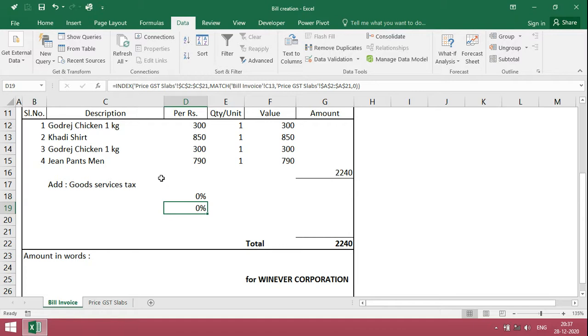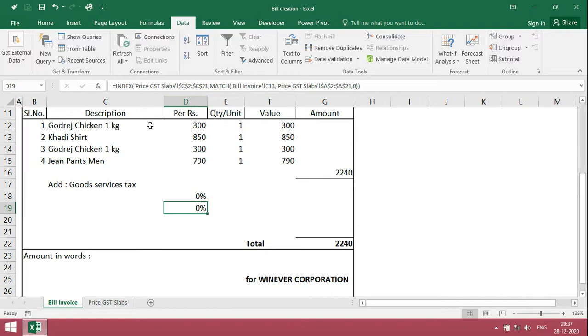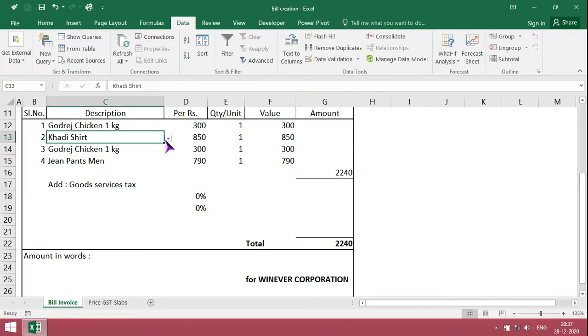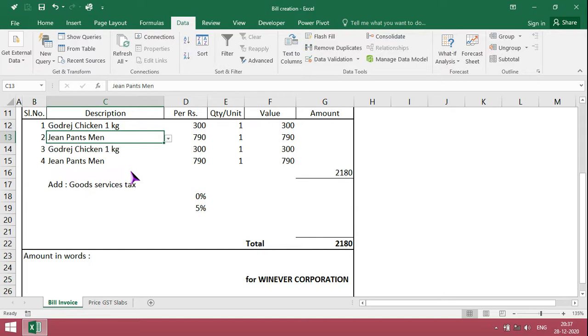The only thing is the reference is changed, C13. If I change the product, it should come with some other value. It means it is okay.